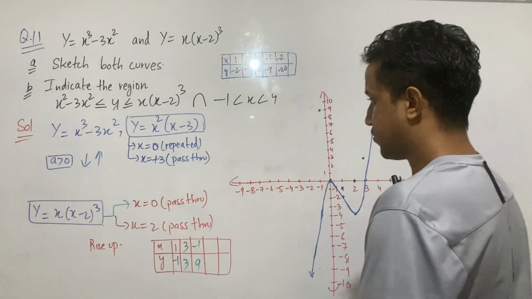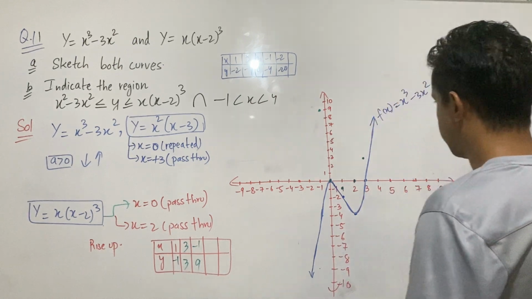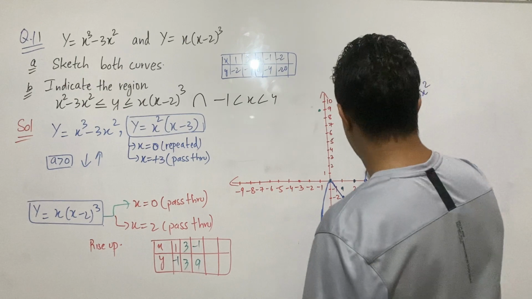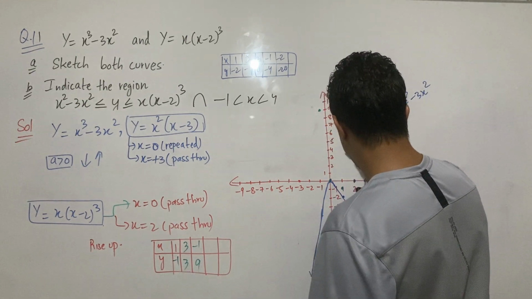Now if you are going to take minus 2, it's going to be a huge value. Okay, so this curve is going to be